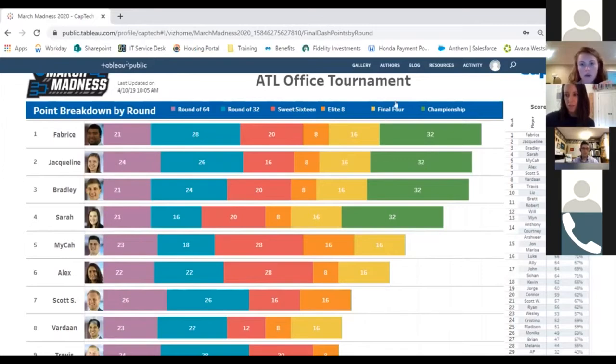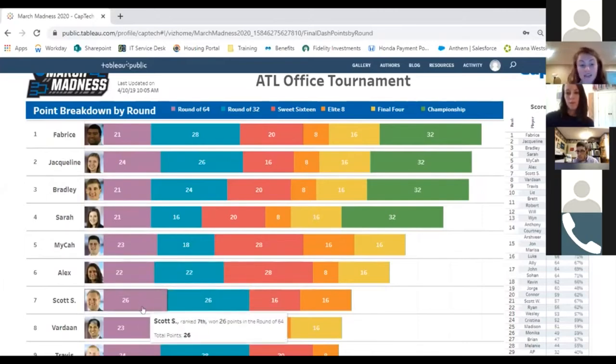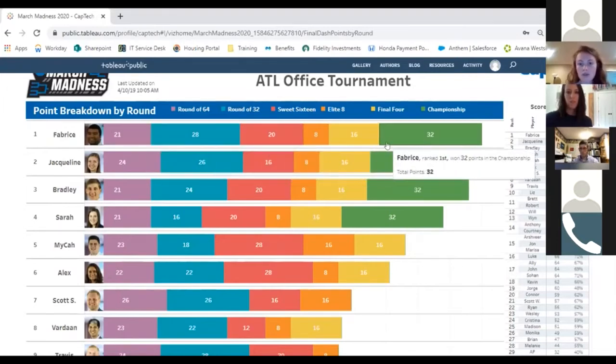I have the rounds in different colors so you can see. And I thought this was really interesting because you could see down here with Scott, he did really awesome in the first 2 rounds, but clearly did not make up for it in the end. Whereas Fabrice, who won the entire tournament, didn't do as well in the first round, but he really made up for it in later rounds.